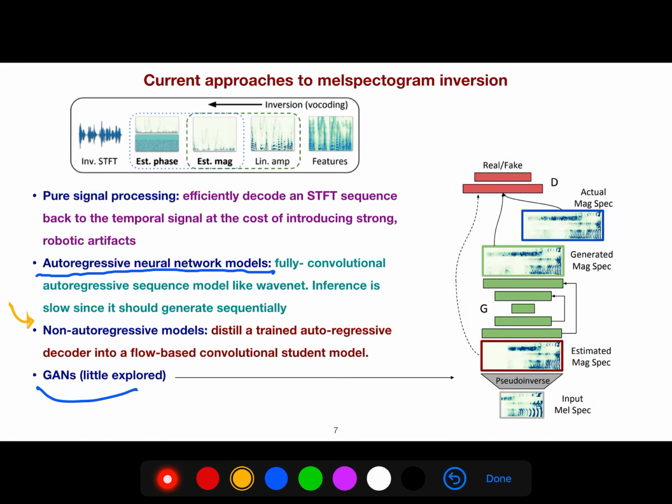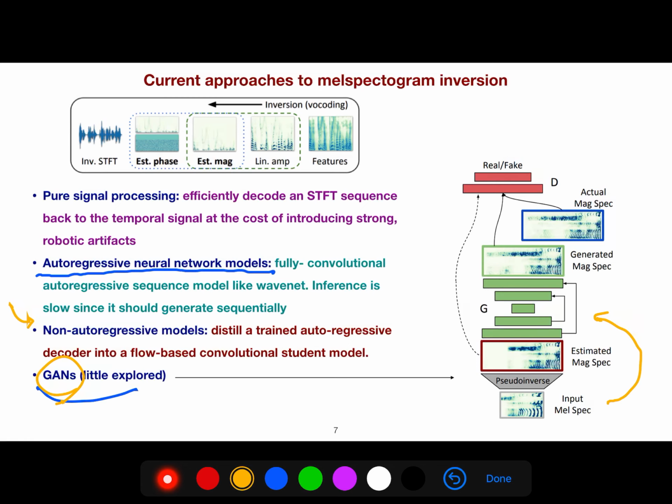And there are few papers about GANs, although we have used them for text and images very successfully. So why not for speech? This is the motivation. So we have a Mel spectrogram, and we have a kind of estimated magnitude spectrum, a kind of inversion.